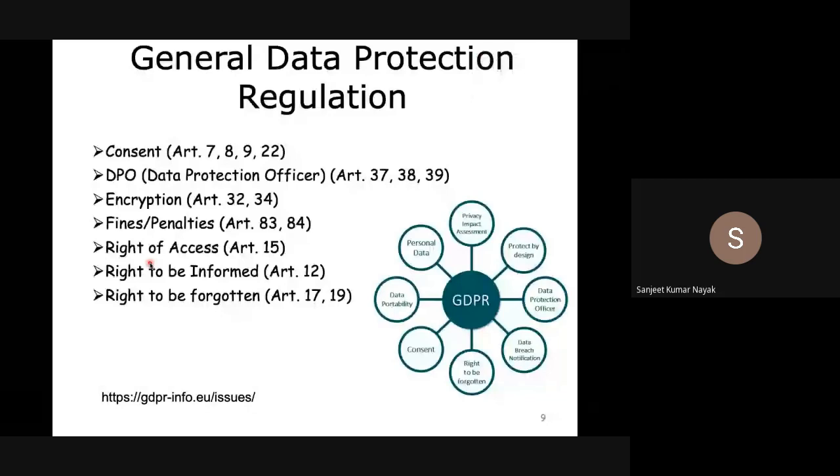So these are the things that are very much essential. The first thing is right of access. What does right of access mean? Suppose I am a patient and my health record is stored in cloud storage. Now, regarding right of access, what access do I want to give to the doctor? What access do I want to give to the insurance service provider? That varies. So therefore, it is very much essential that a company or a cloud service provider should ask what the different